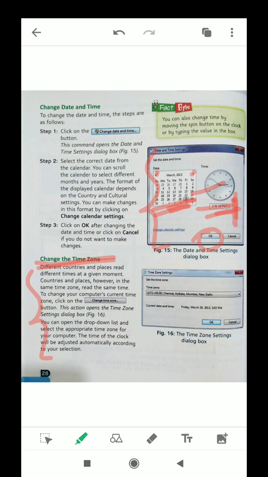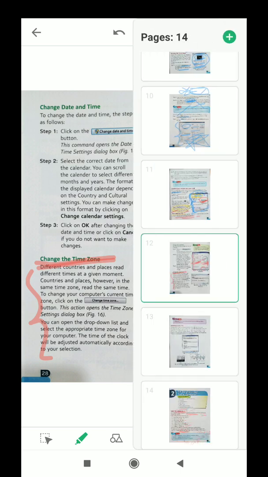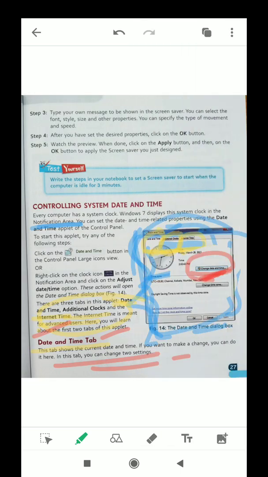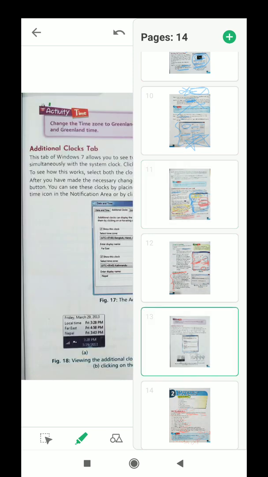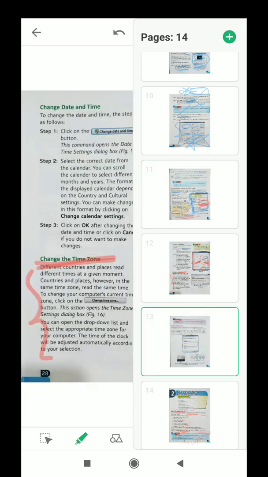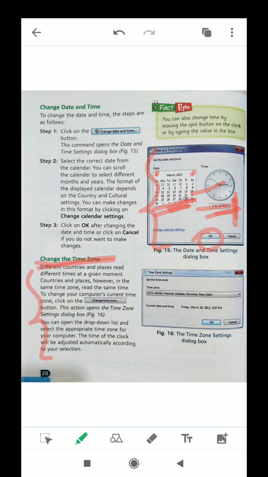Okay, so on our computer, how will you do the same thing? You have to click on the same place here, you can see in this tab, then you will understand better. Here again one option is there, this time zone. Here you have to click, and then you are able to change your time zone. You can change it to any time.